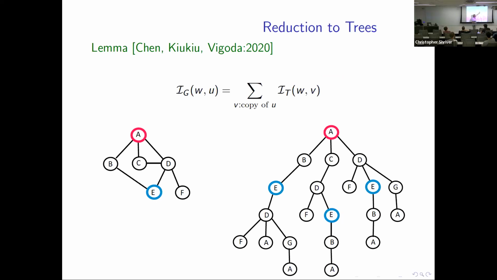Right, and this VW refers to a vertex of the tree. So in this example, W is vertex A. So here I have WA, and then here I have W copy of A, and this variable V, the sum varies over the copies of U. For me, U is E, so the copies of E. So we vary over these copies here. Make sense? Okay, cool.